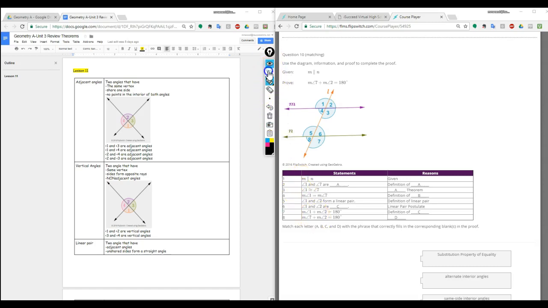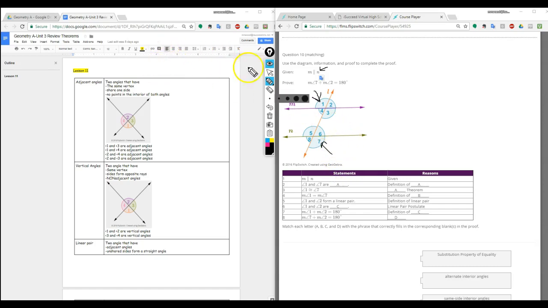So the statements on this, statement 1 is M is parallel to N. That's given. It's given right up here, if you can see that. So they're just restating that right there. And then 2, angle 1 and angle 7 are blank. Definition of blank. So if we look at angle 1 and angle 7,